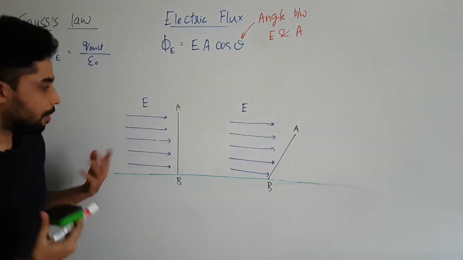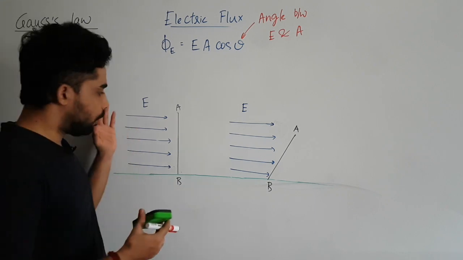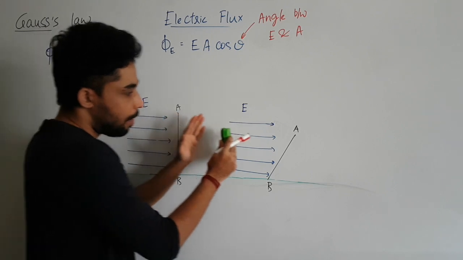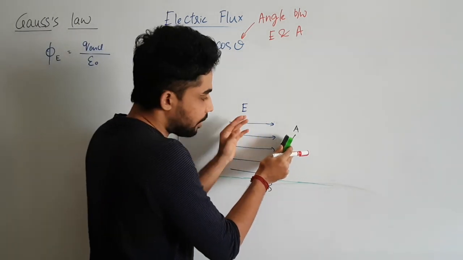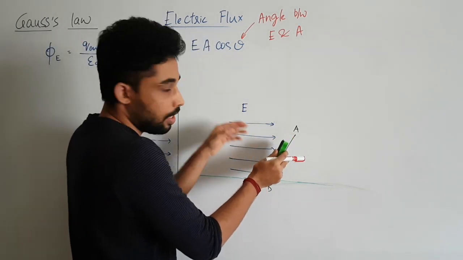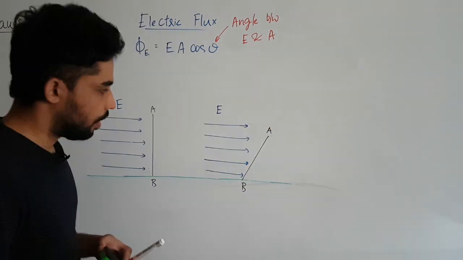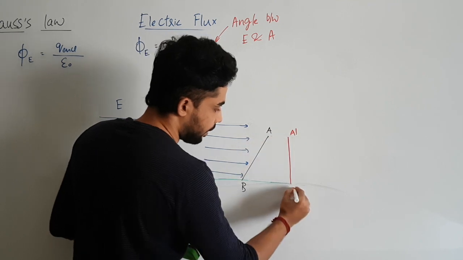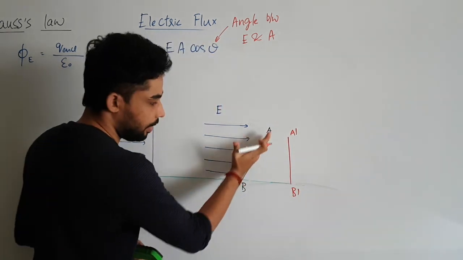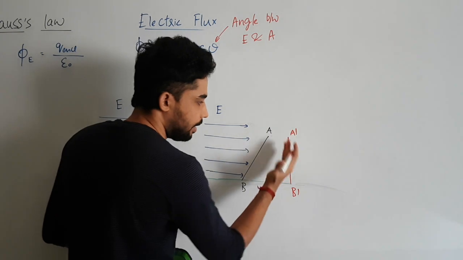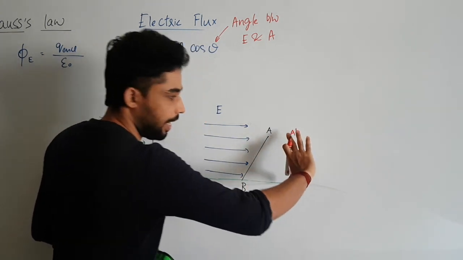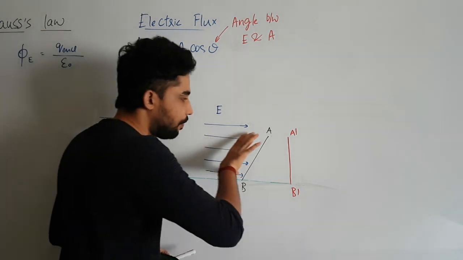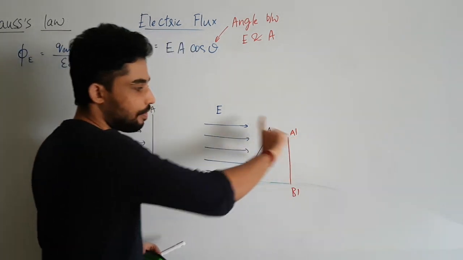That means if I'm considering more and more field lines, here the entire set of field lines will be crossing this area if you hold it like this, but at some angle the field lines crossing the area will get reduced. Some of the field lines won't pass through that area. So here I can consider a length A dash B dash like this. Instead of considering this entire area, I'll consider an area of this length, A dash B dash. So this will be the effective area. As you can see, the entire set of field lines will be cutting across that effective area.